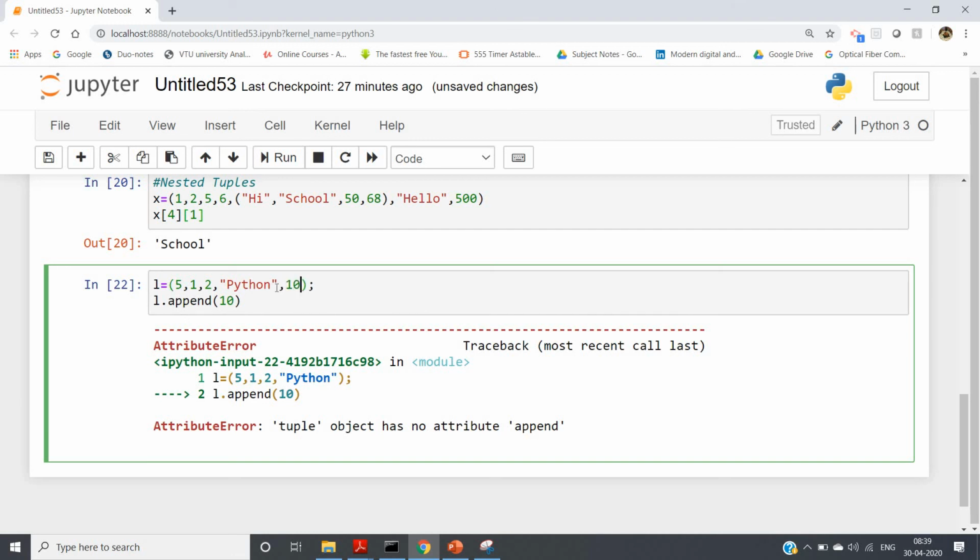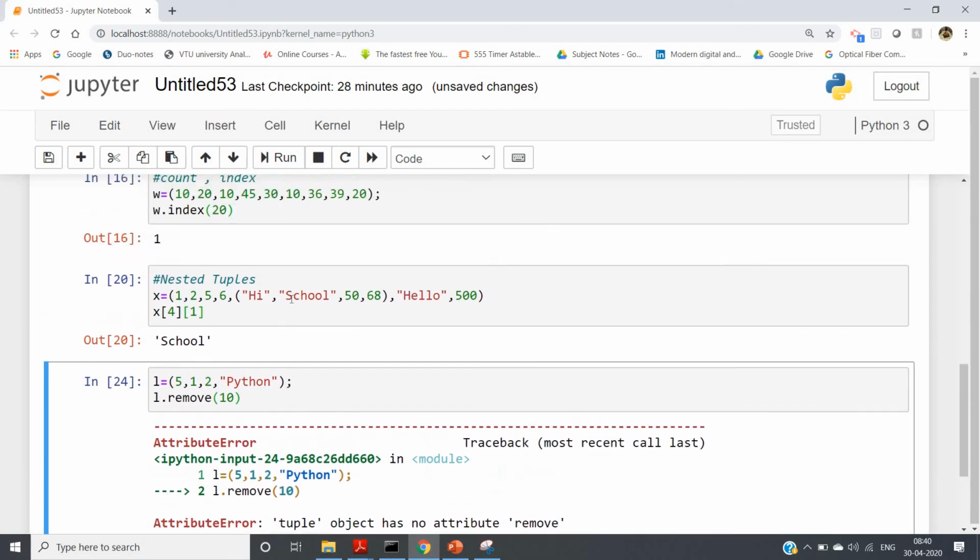If you do l dot append 10, what will happen? At the end 10 should be added, but this is wrong, right? Because you are changing the tuple, but you cannot change the tuple because tuple has the property of immutability. Okay, if you write l dot add 10, see again also you will be getting error, so there is no add method also. Similarly, no remove method also. Okay, so suppose I am running the code, same error we are getting, because if you remove, then also you are modifying the tuple, and mutation is not allowed in case of tuple.